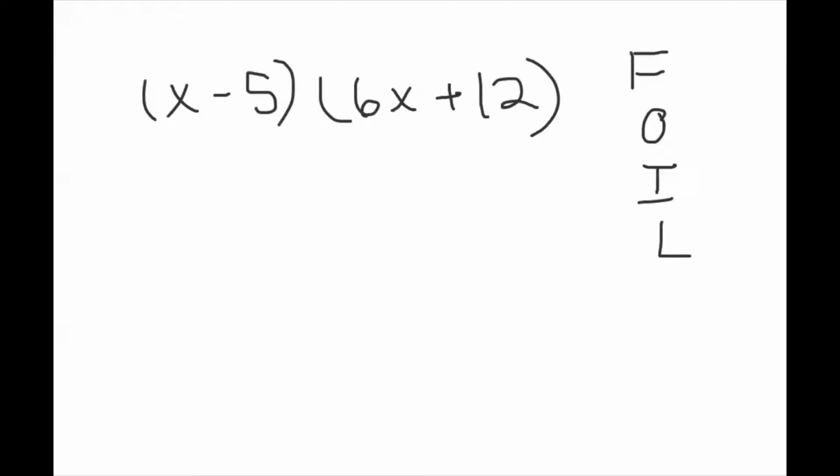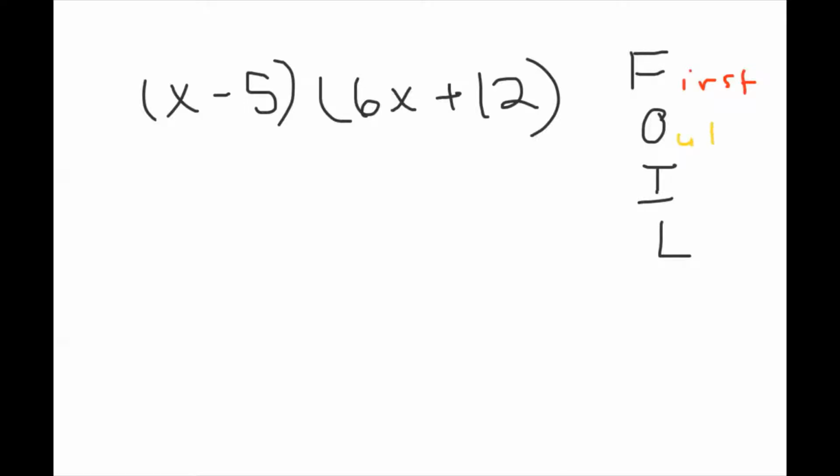There are two methods to multiplying binomials. Binomials are numbers with two terms. So these are our two methods, and you may have used one or you may have used the other, but our first method is FOIL, which stands for first,